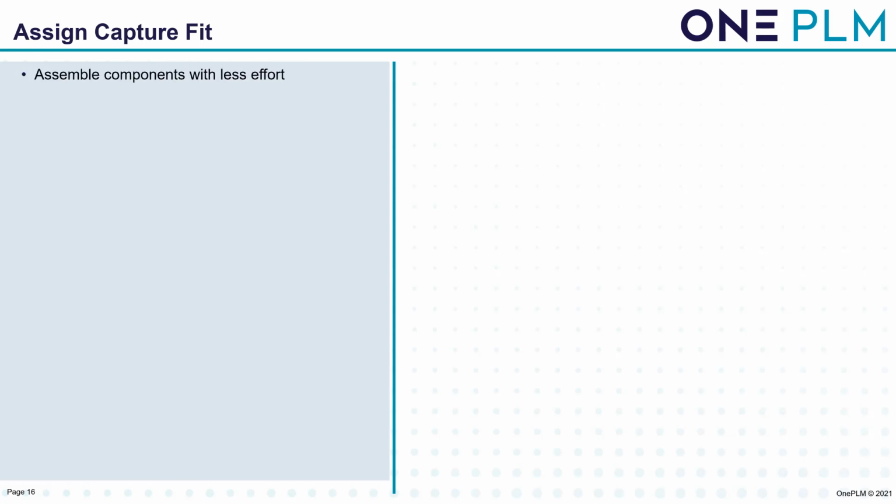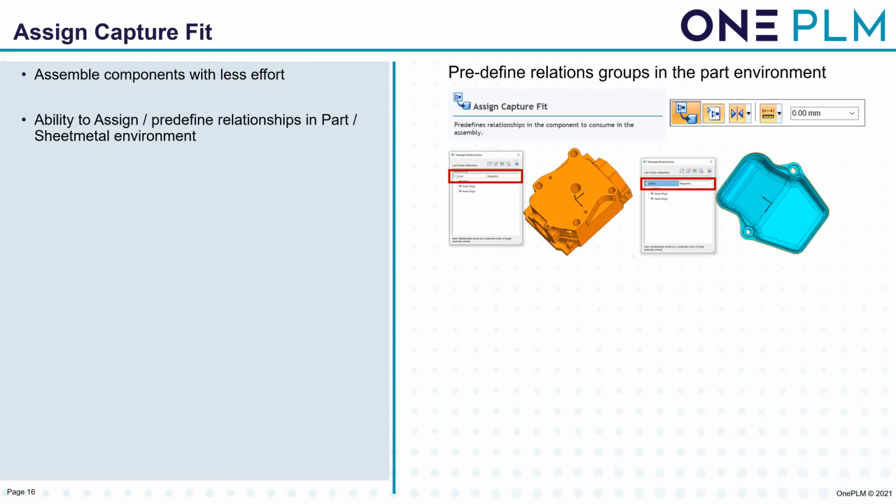Assign capture fit. So there's been some work on working with assembly relationships. What we're looking at here is trying to assemble components with less effort. The ability to assign or predefine relationships in the part or sheet metal environment, where previously we've had to go into the assembly,